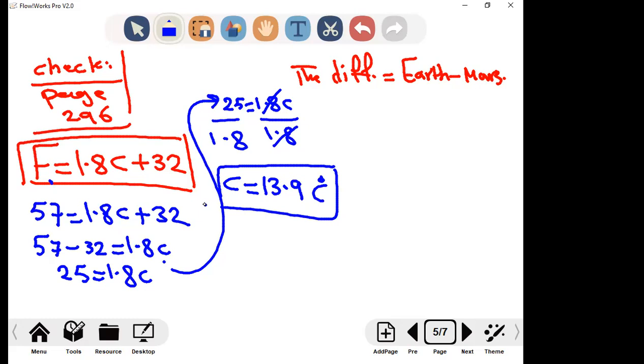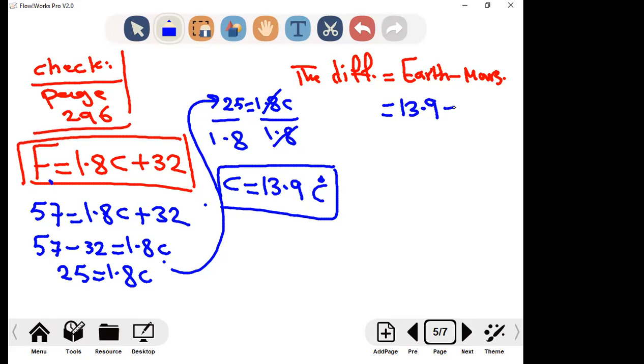So now I'm ready to find the difference. Read the question. They want us to find the difference between Earth and Mars. They didn't mention Jupiter, leave it alone. So the difference equals Earth, which is 13.9, minus Mars from the table,